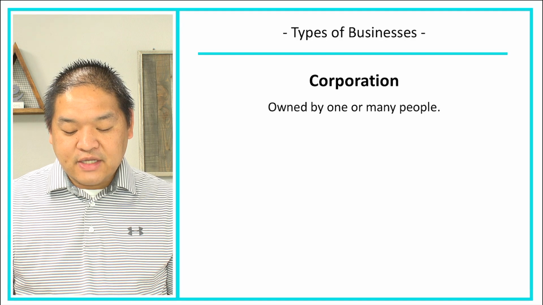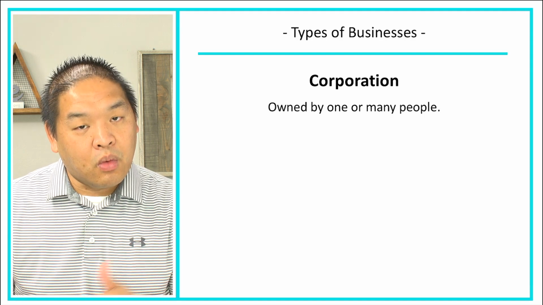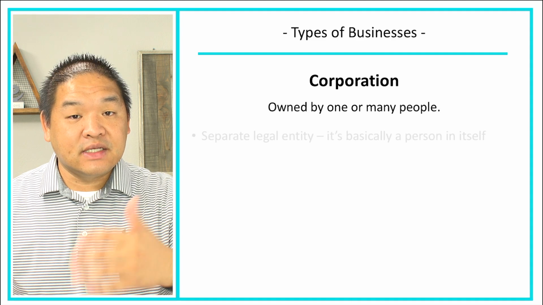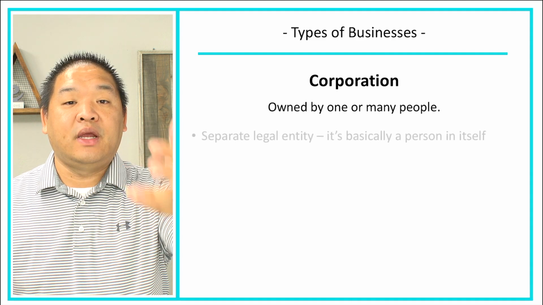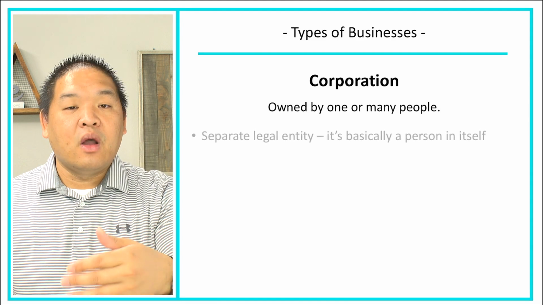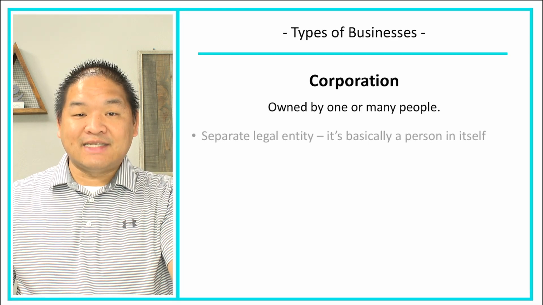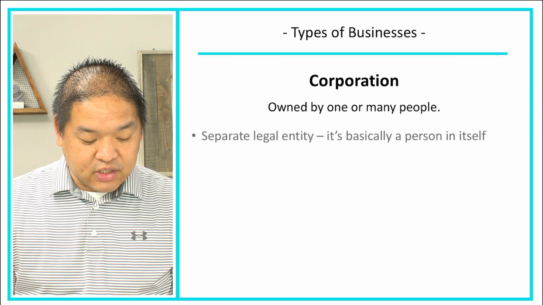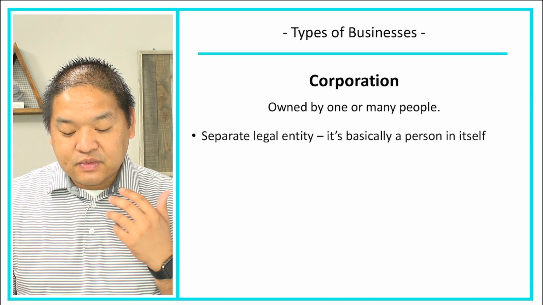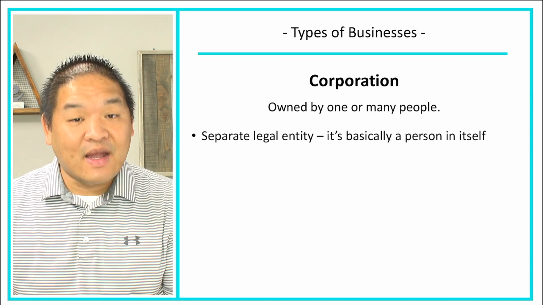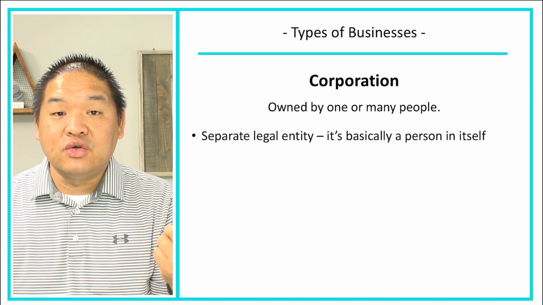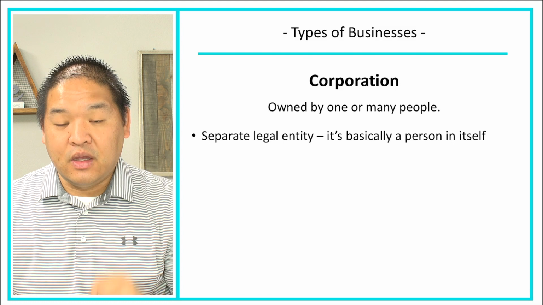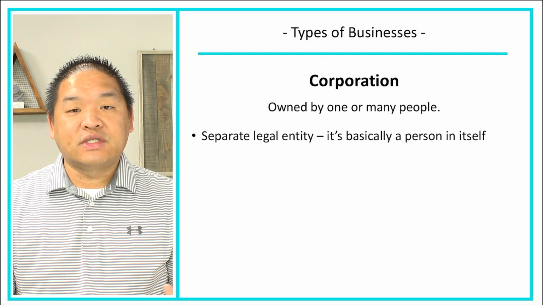Let's move on to a more different one. And we have corporation. This is owned by 1 or more persons. And so a corporation can be a single owned corporation. So you opening up a corporation and that's it. Or it could be a multitude of partners that together will open up a corporation and own different percentages. Now, owners, these are what we consider as separate legal entities. So the last two, one and the owner. This one, separate from the owner. It's basically a person in itself.